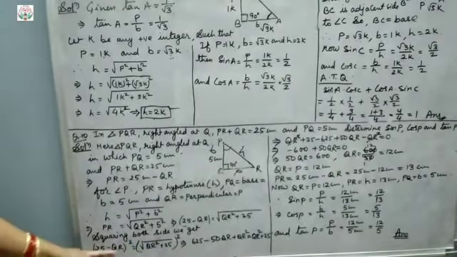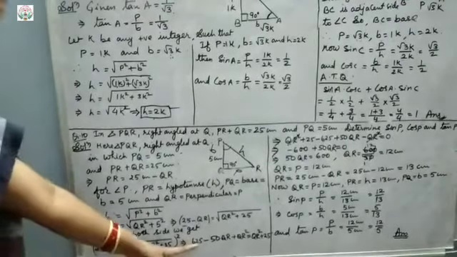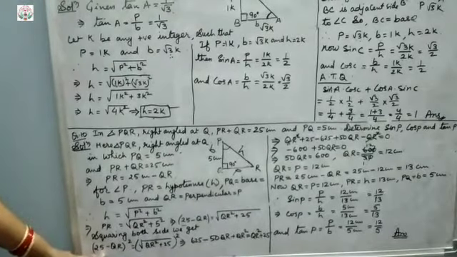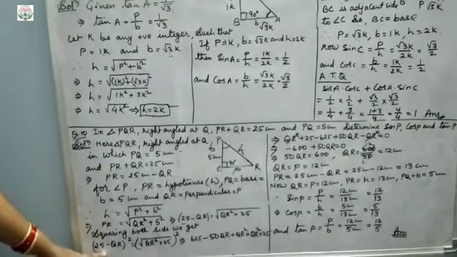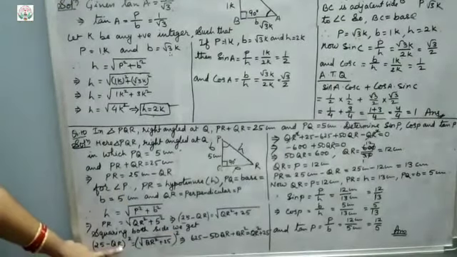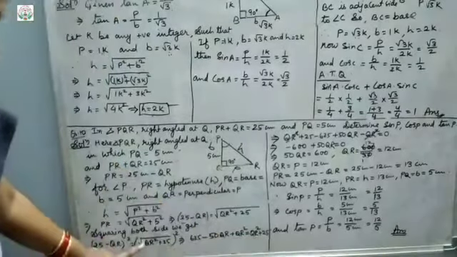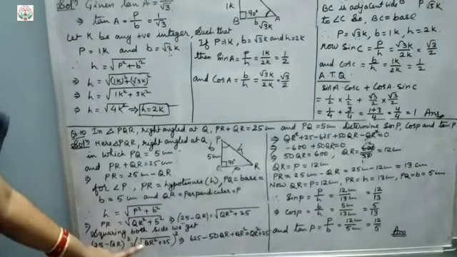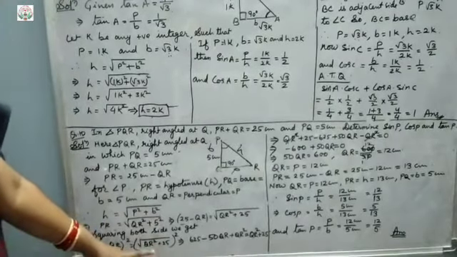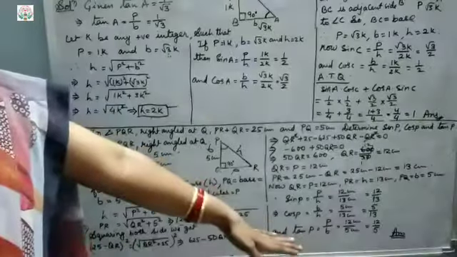Now here we put the (a minus b) whole square formula, that is 25 square is 625 minus 2ab. 2ab means what? 25 into 2 will be 50. So 50 QR plus QR square equals what? Here the square root will be removed. Squaring this one, you will get QR square plus 25. Clear?